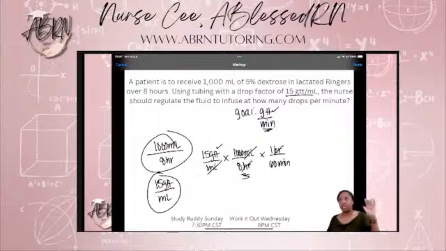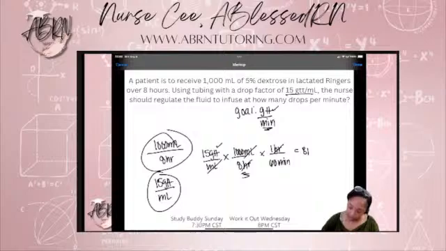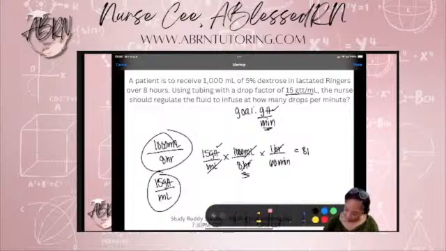So now all we have to do is multiply across the top, multiply across the bottom, divide the top by the bottom. But I'm not going to write it down, so don't look for it. I'm going to put it in my calculator. All right. 15 times 1,000 divided by 8 divided by 60 equals 31. My microphone was in the way and it hit my hand. All right, let's do this again. 31.25